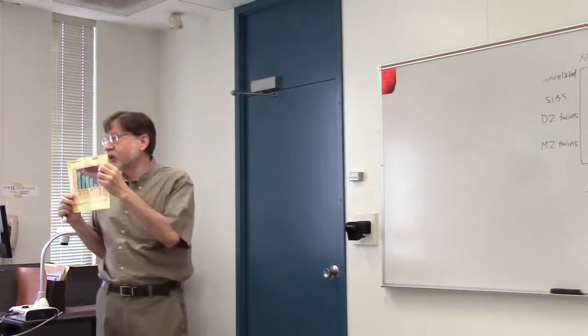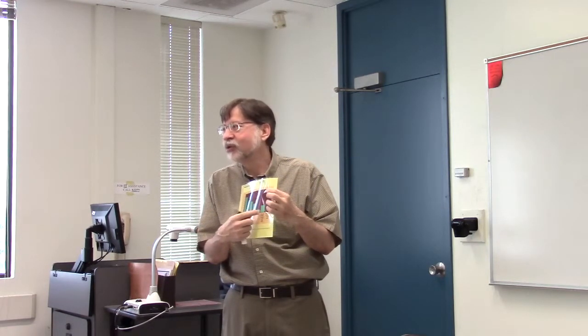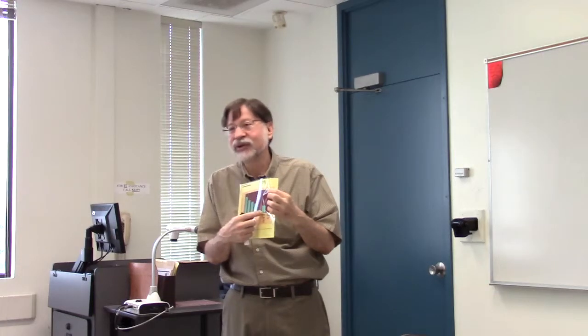This particular graph from this particular edition of Kellett, the number for unrelated people reared together is kind of high compared to the numbers I'm giving you. It's also high compared to the number that Bouchard reports in his 1990s paper. What this number is actually is adopted kids reared together, not unrelated people reared together. Why are those two different? Are adopted kids related to each other? In many cases they are.